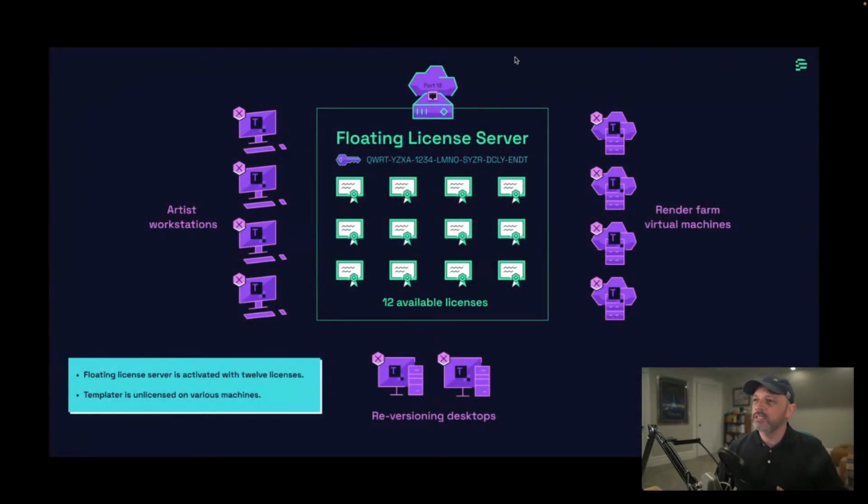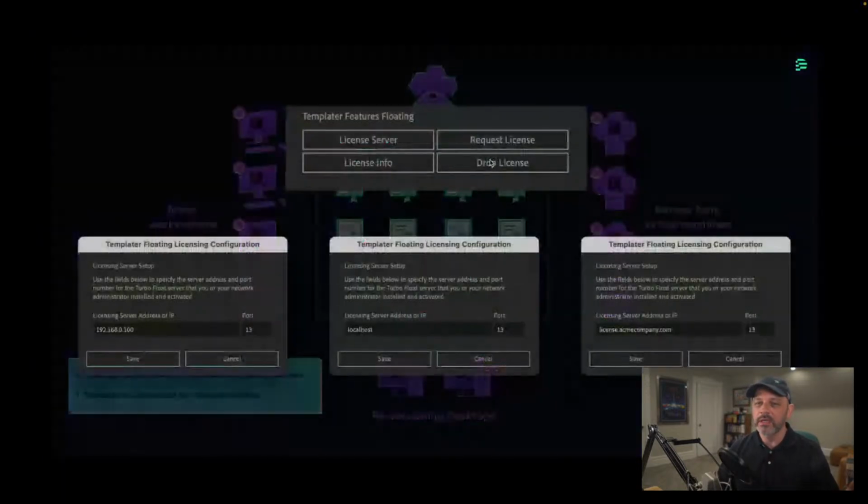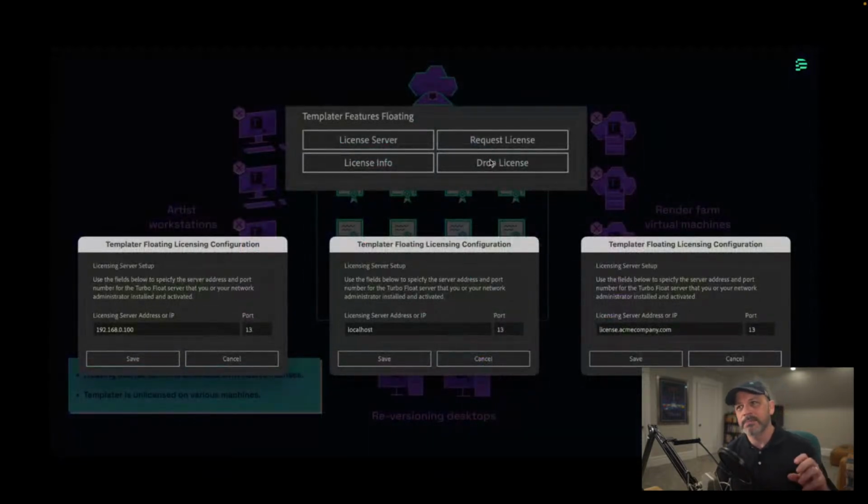Once you've got the floating licensing software installed on your Linux machine, the key that you use to activate that license is going to have a set of licenses that it can lease out to clients. In this case, we've installed Templator on all of the machines in the environment. The floating licensing server has been activated with the key. And typically, inside of the Templator UI, in the Templator preferences dialog, you can get to this screen that allows you to specify